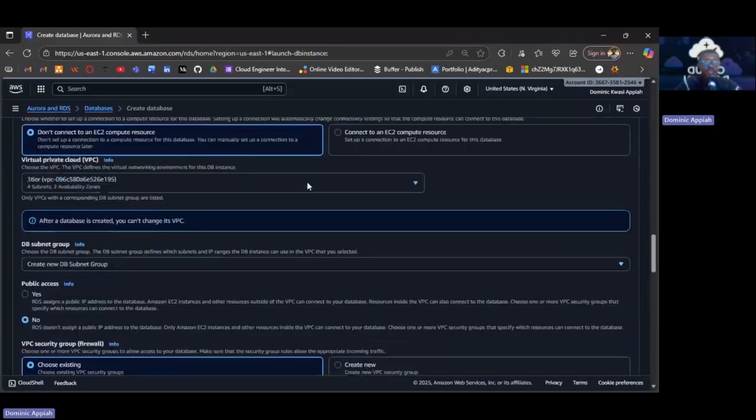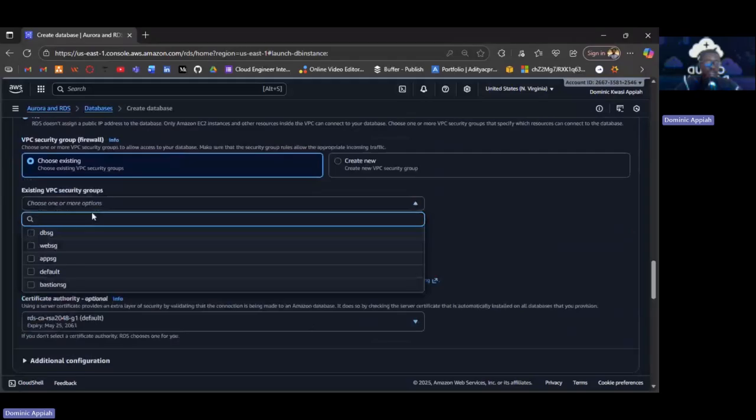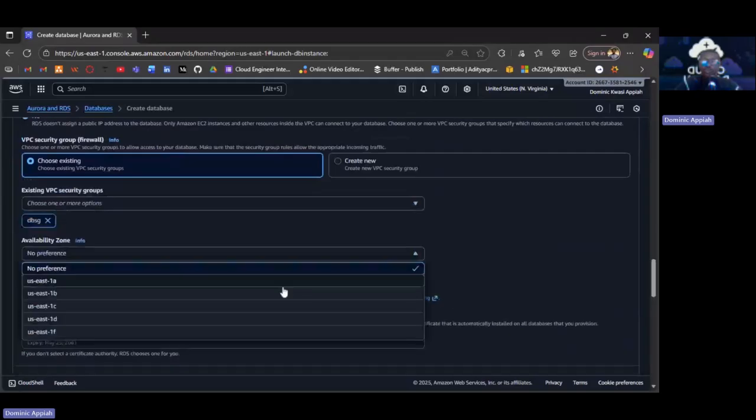And then the security group, there's an existing one, so I'm not going to create. Remember, you have to uncheck this before you select your own. So you have your DB security group here. You pick that one. Then the availability zone, you pick